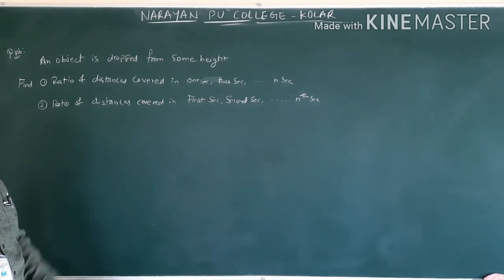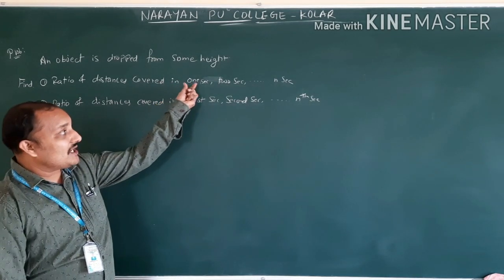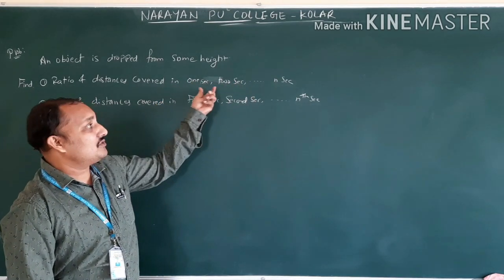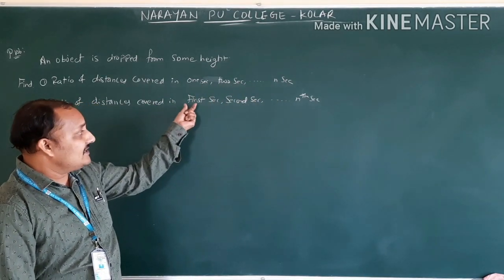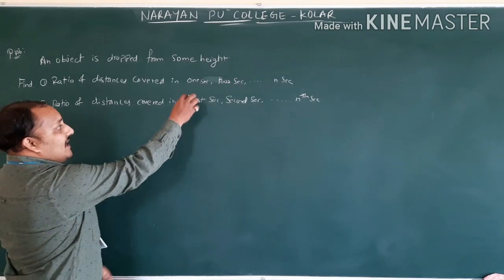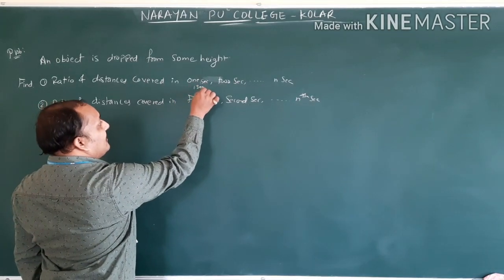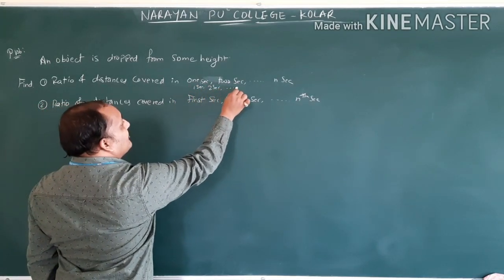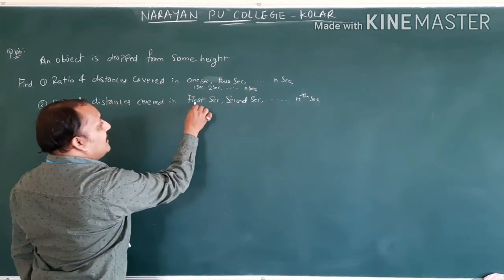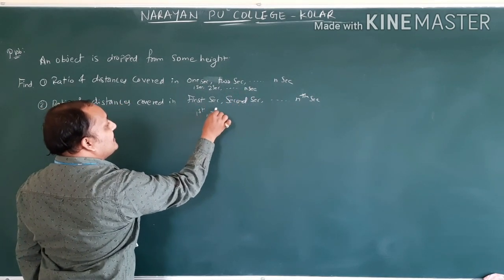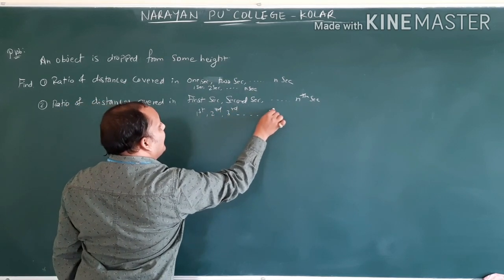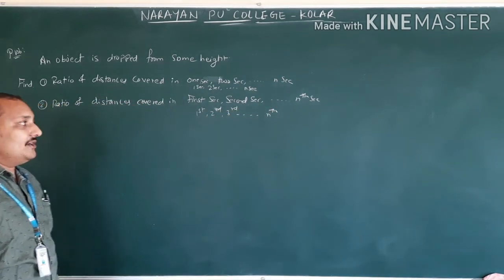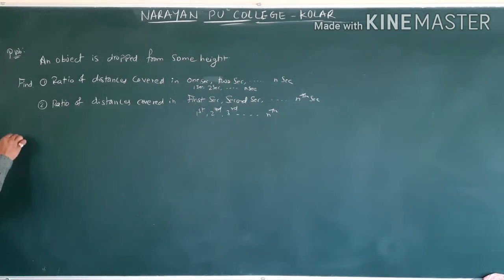So how to remember? I will say, in 1 second, 2, 3 seconds, if you say it this way, we have to follow one equation. This is nothing but the first second. They may ask a question like this also. In 1 second, 2 seconds, and so on, n seconds. Here they will ask first second, second second, third second, and so on, nth second. So for competitive exams, they may ask. We will see the first one.